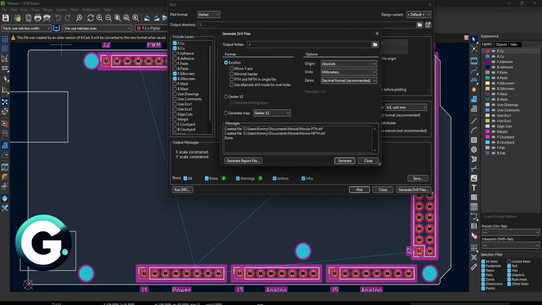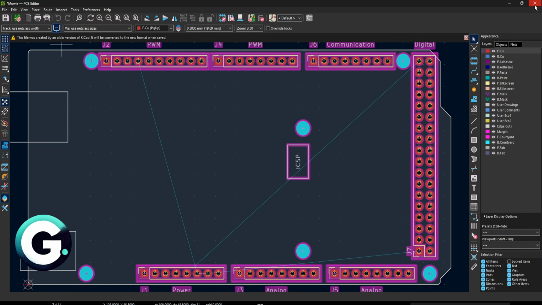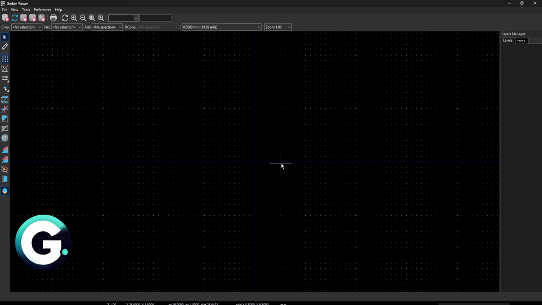And now that it's done, we could simply back out of our PCB editor. I'm just going to click on go back, and most likely right now we have successfully created the Gerber files. If we click on the Gerber viewer, we could simply go ahead and preview the Gerber